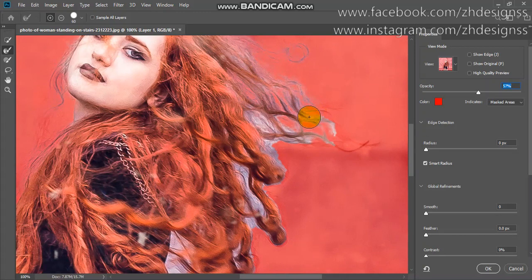It is taking a little bit of time, don't worry about it. But carefully, by using this one option in Photoshop, you can take the selection of your hair, or you can easily cut out your subject from any background.